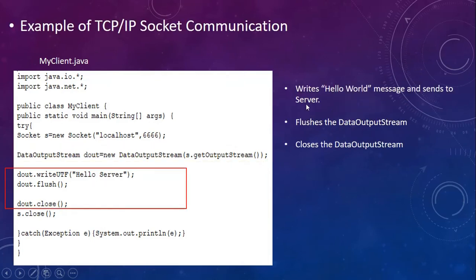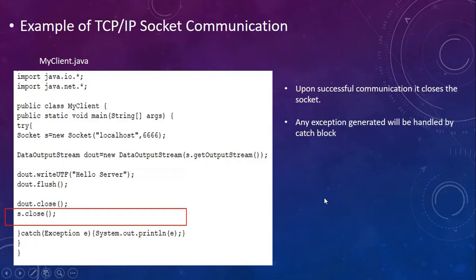Let's say it writes hello world or hello server, whatever message, and it sends it to the server. After this, it has to flush the data output stream, so I have written dout.flush, and then it closes the data output stream, dout.close. Finally, upon successful communication, it closes the socket using the s.close method. Any exception generated will be handled by the catch block.